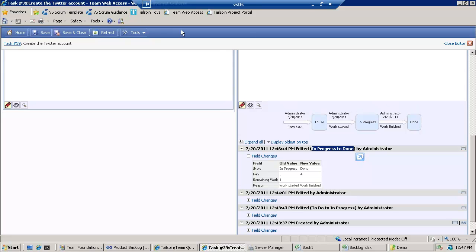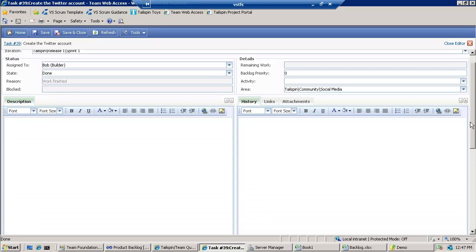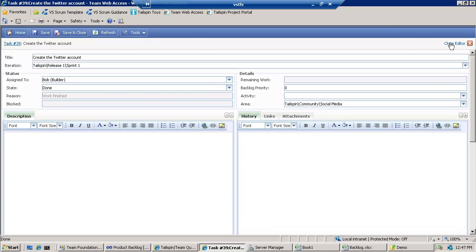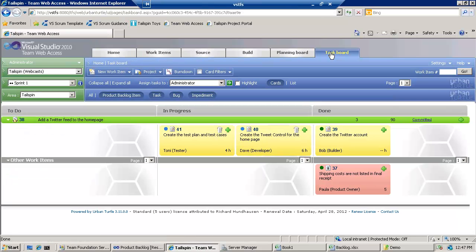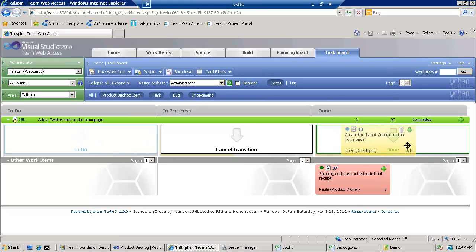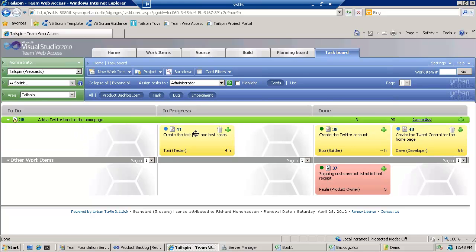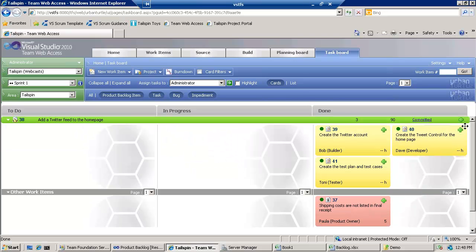Okay, so you would continue using this task board then for the remainder of the sprint, managing your work each day, updating your hours remaining, and then as the sprint winds down, hopefully, these things are all coming over here to done, and hopefully you've got definition of done being met, everything's tested and checked in, and the team is happy with the quality. More importantly, the product owner is happy with the quality,